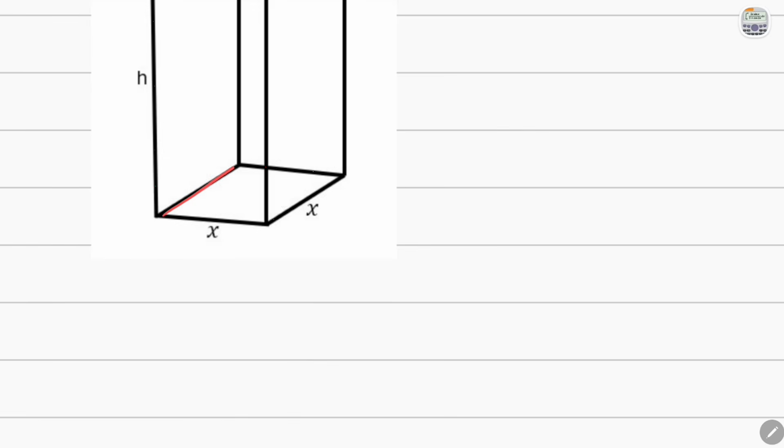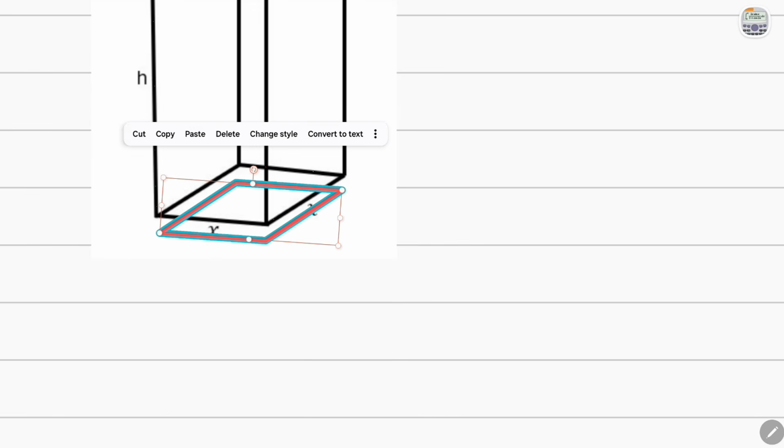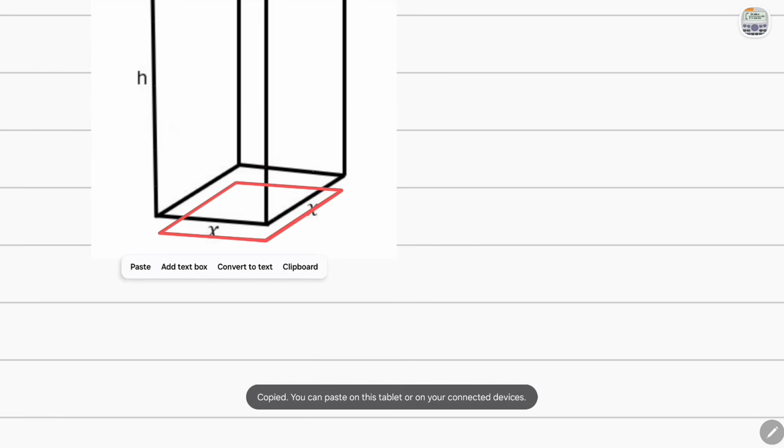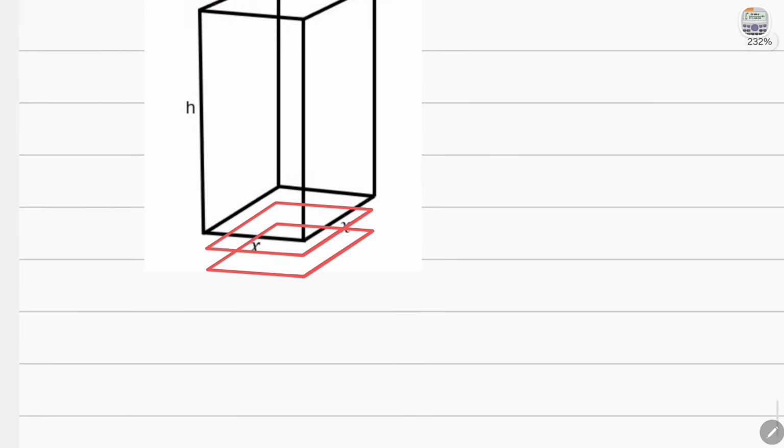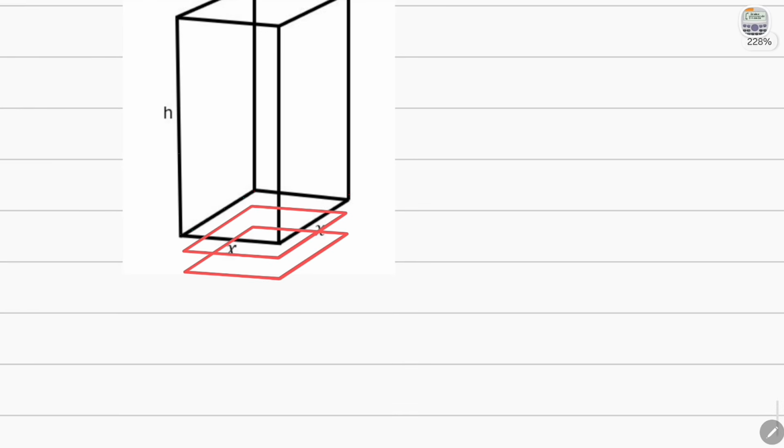Normally, we would just need a layer of material because they're going to cover it with something. Clearly, that's what they're saying. And if we're going to put a triple layer at the base, it just means this base should have 3 of whatever it used to have. So it used to just be x by x, and now it's going to have another layer and then another layer as well. So we're now going to also have to account for the material that will be used for those 2 added layers. So including this one, it's now 3